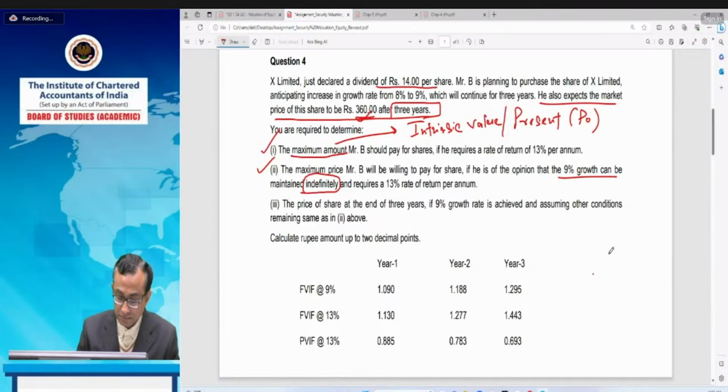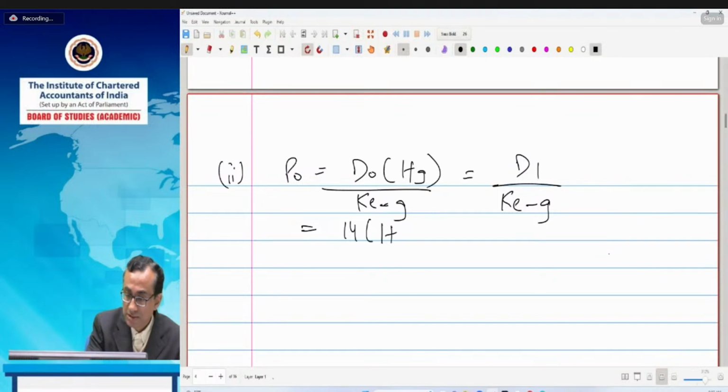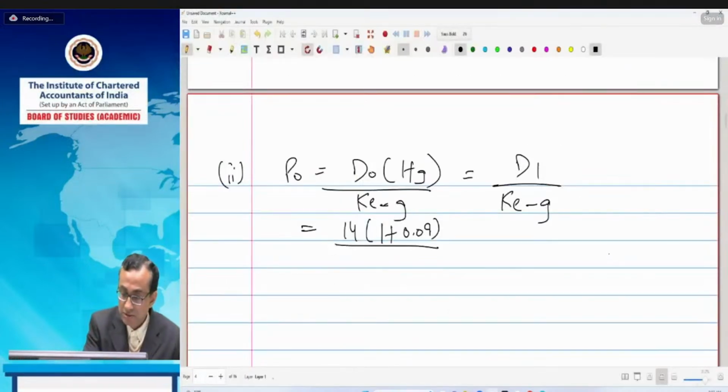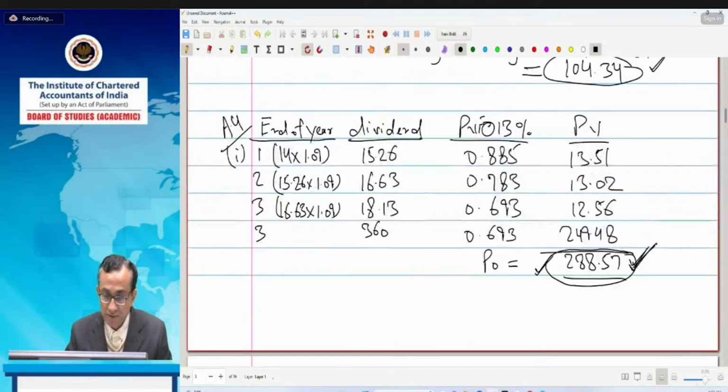So 14 into 1 plus the growth rate, 0.09, upon KE minus G. The discount rate is given as 13%, 0.13 minus G, 0.09, is equal to, we have already calculated this, 14 into 1.09, here 15.26, this amount,